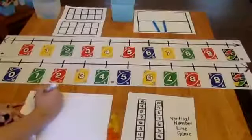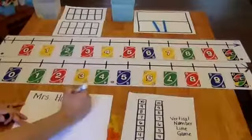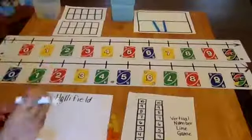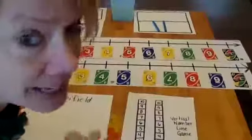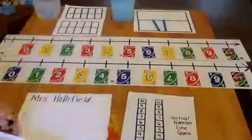So Miss Hollifield is making some cookies. Isn't she a good mom? Let's give Miss Hollifield an air high five. Whoop, whoop. Miss Street hasn't made any cookies. But I do have some that, you know, they're the easy bake kind. If you don't know, Miss Street doesn't cook very much. Anywho,